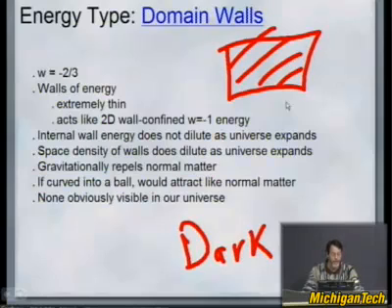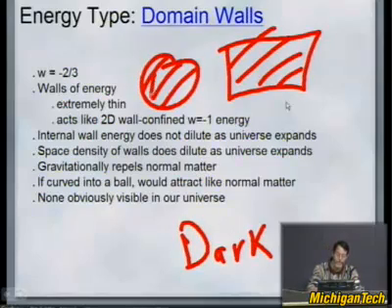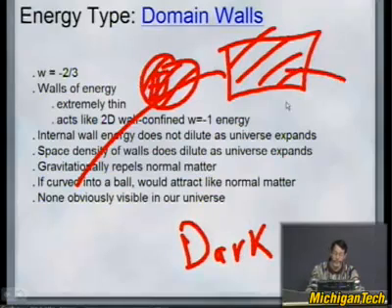Well, maybe. If you were to take a domain wall and wrap it into a ball, like this, it would look to you from far away like normal matter. If you were to take this domain ball and drop it on the Earth, it would fall at the same rate as a hammer or a feather, just like the equivalence principle says. It's only when you go close to a domain wall, which could have curvature on very large scales, that you see that it is actually something very different. If you go right up to it, you will feel a repulsive energy from it.